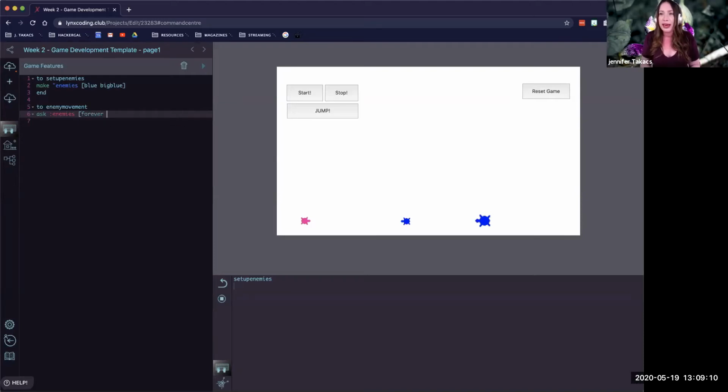Now, I say forever because when we start this game, we want the obstacles to keep moving. We don't want them to stop every so often and then for us to have to repress the start button. We just want it to keep moving, similar to the movement of the pink turtle. So after that, an important thing that I like to add is always to have the direction that they're going